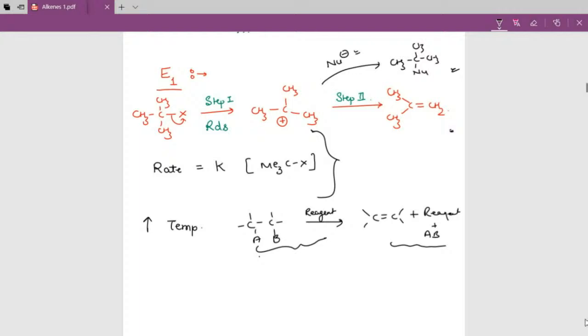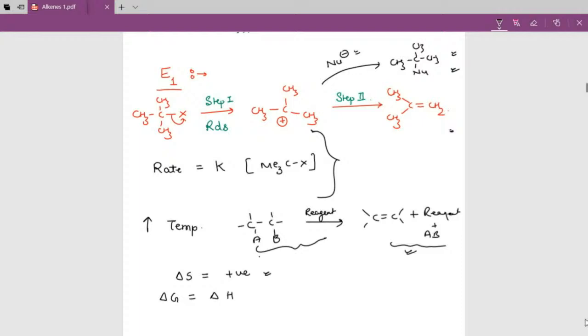If the number of particles on the product side are greater, then I can say delta S for elimination is positive. Or if you don't want to use the term positive so affirmatively, you can say that the delta S for elimination is always going to be greater than the delta S for substitution. Okay, if delta S is greater, or I can say positive, then how will I use it to conclude the